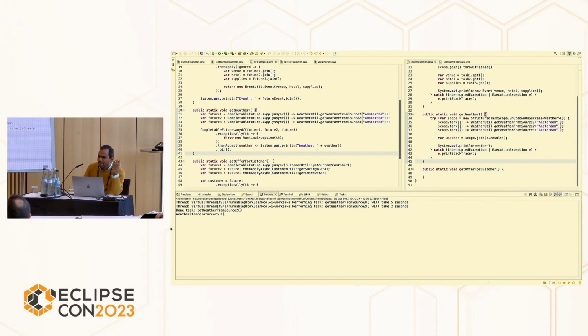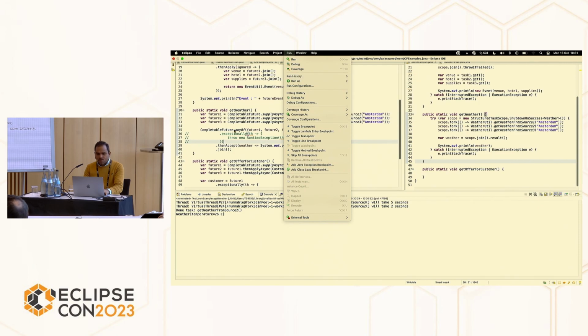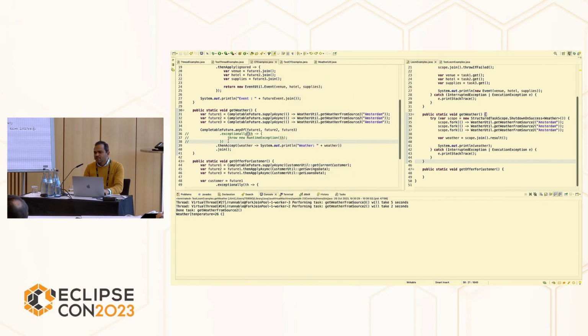Yes? It's the behavior you specify, yes, because you say on exceptionally, just throw the exception. That's what you want. You could just swallow the exception, and then you would still wait for another one to complete. OK. So if I basically remove this, then you have to just swallow the exception. If I basically don't do anything on exceptionally,